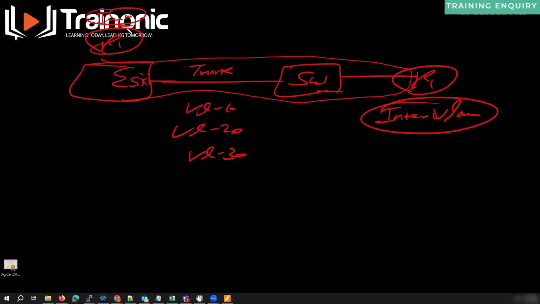If the router is doing inter-VLAN routing, then yes, traffic will go to the switch, from the switch to ESXi, then again from ESXi to the switch, and from the switch to ESXi, like that. Yeah, because I raised this question after coming across a scenario in which